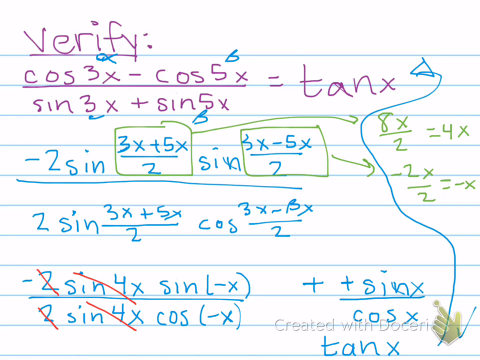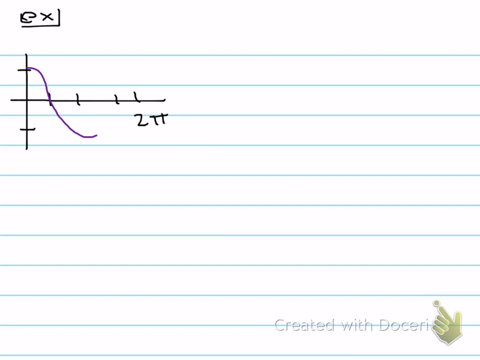So let's try another one. So here we're going to go back to one where we have a graph and we have an example that we're trying to prove it equal to. So here is my picture. 2, 3, 4, and we'll assume this is 2 pi. And on our picture, it looks like this. And the problem that we're trying to verify this with is that y equals sine of x